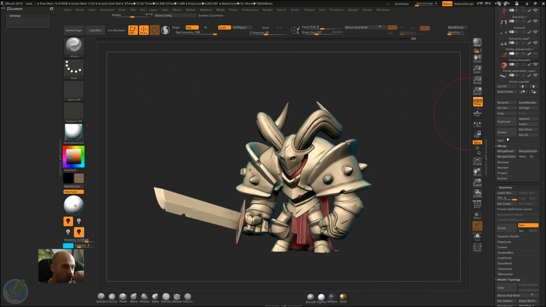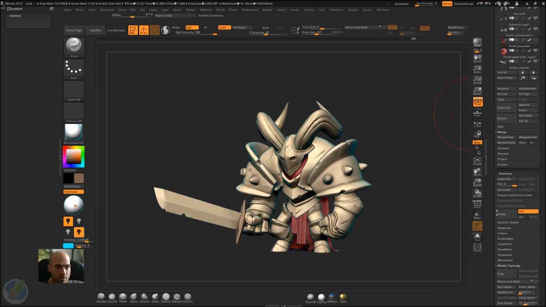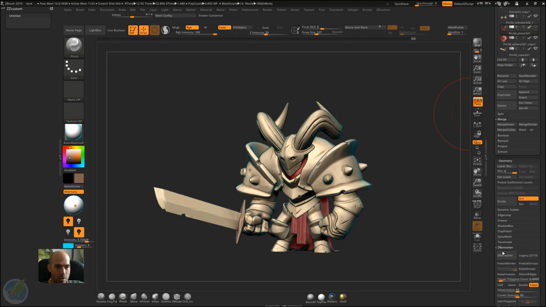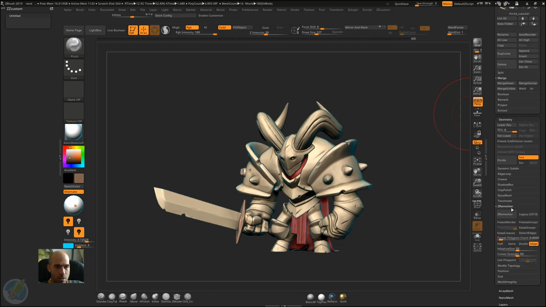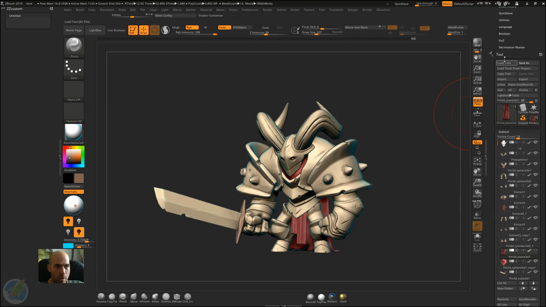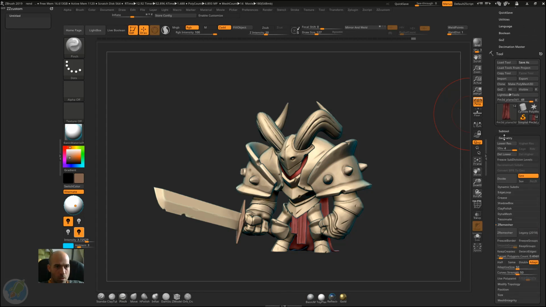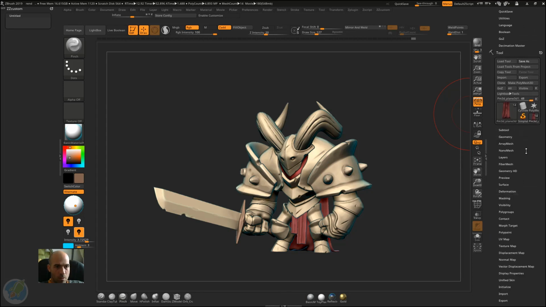Let's go to our geometry tab and find ZBrush. ZBrush is here on geometry, which is under the tool menu, tool. Let's close this, geometry, deformation. So tool, have this always open, you know. Then you have subtool, geometry and stuff. Subtool and geometry are the most important. Everything else is not that important. So geometry,